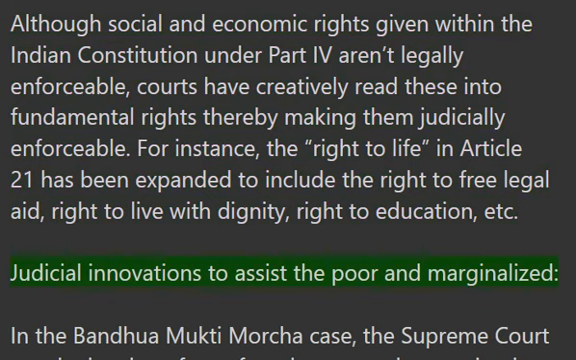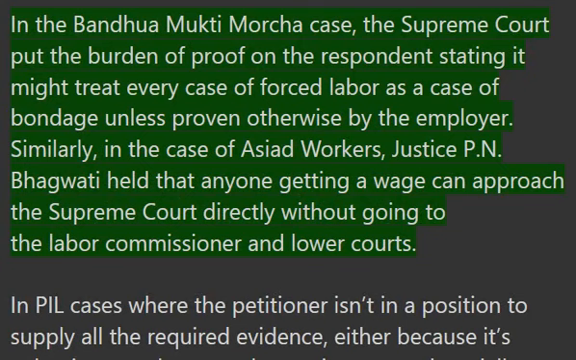Judicial innovations to assist the poor and marginalized. In the Bandhua Mukti Morcha case, the Supreme Court put the burden of proof on the respondent, stating it might treat every case of forced labor as a case of bondage unless proven otherwise by the employer. Similarly, in the case of Asiad workers, Justice P.N. Bhagwati held that anyone getting a wage can approach the Supreme Court directly without going to the Labour Commissioner and